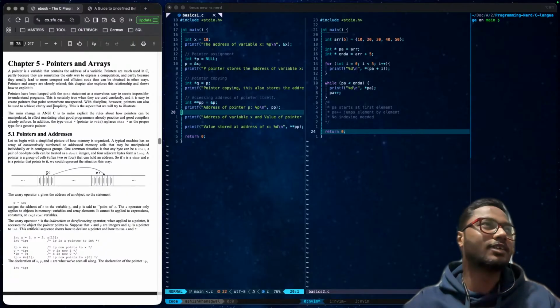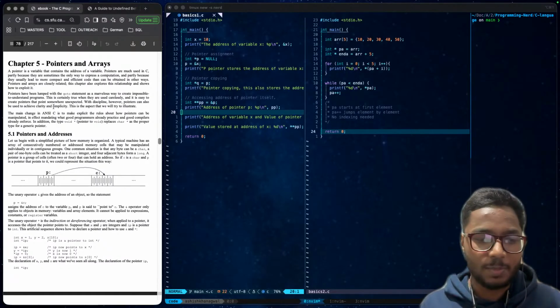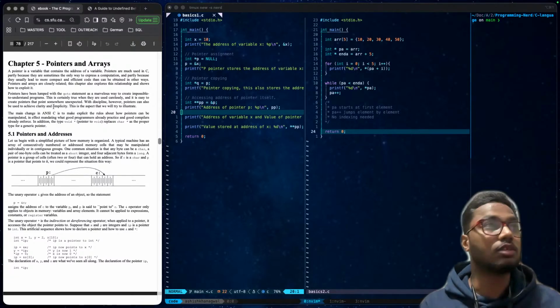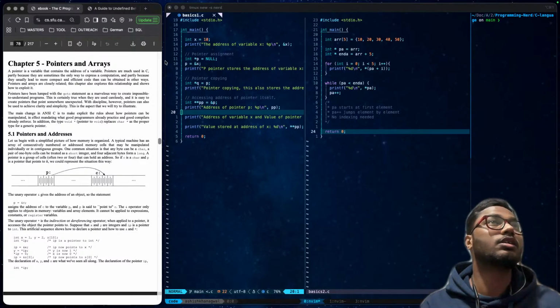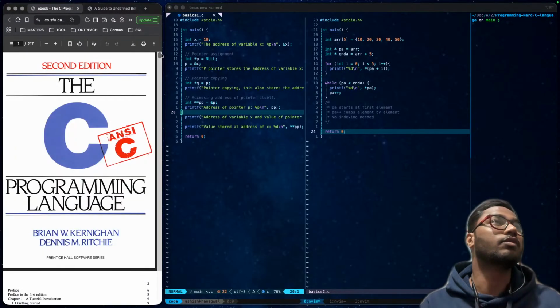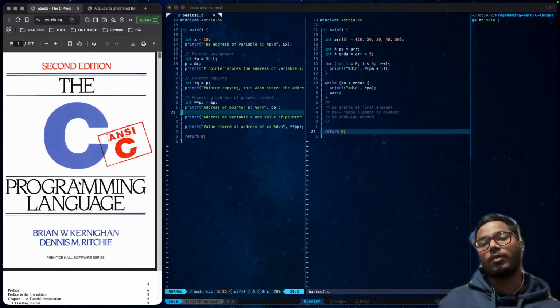But still, old is gold, and it still makes sense. So, let me tell you the name of the book. This is a very famous book, and I'm sure most of you have heard of this as well. Yeah, this is the book, The C Programming Language.